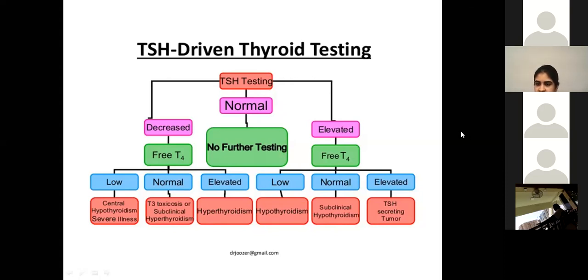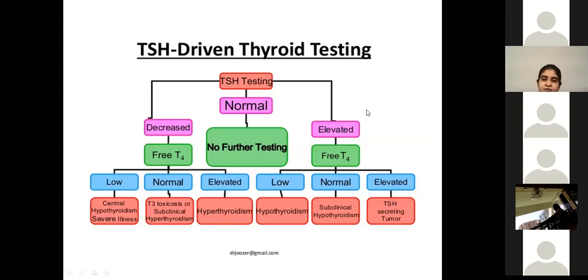One other question that someone asked was, can there be elevated levels of T3 and T4 even if TSH is decreased? Of course there can be. And why is that so? Because you can have a tumor that is acting upon the thyroid gland itself. It's like a child who can be completely out of control even though they've got parents. That is exactly what happens to a thyroid gland. Because of a tumor, it goes completely out of control and keeps on producing T4 and T3,